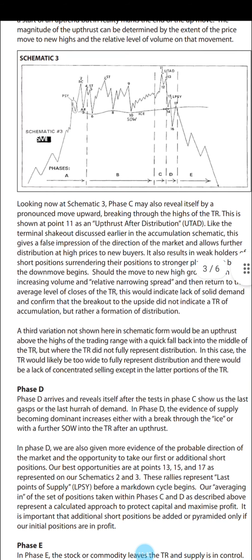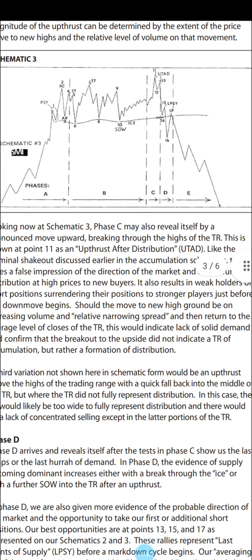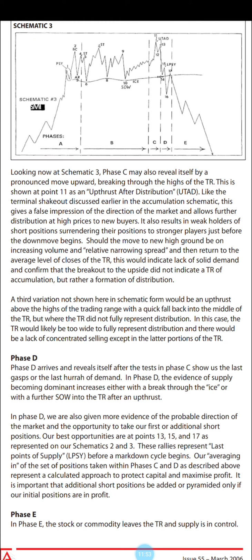Looking now at scheme 3 phase C. So scheme 3 phase C, now we're in that little up move, which is the bull trap itself, a pronounced move upward, breaking through the highs of the trading range. This is shown at point 11 as an upthrust after distribution, like the terminal shakeout discussed earlier in the accumulation schematic. This gives a false impression of the direction of the market and allows further distribution at high prices to new buyers. It also results in weak holders of the short position surrendering their position to stronger players just before